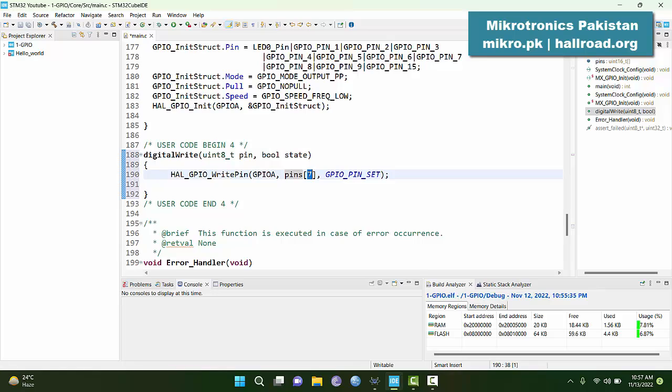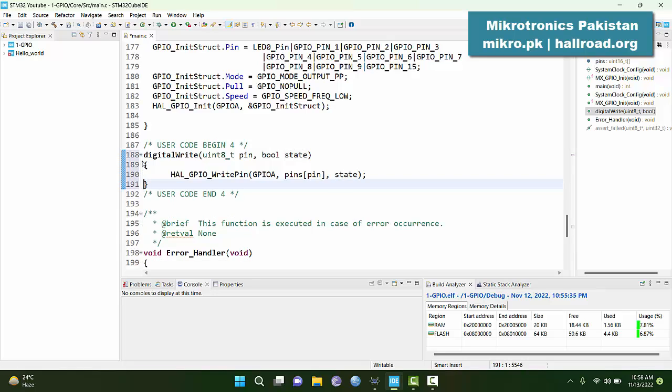Instead of that, we will use pins of pin, this one. And instead of GPIO set, we will use the data passed as state. Now, since this function is not going to return any value, we will label this as void return type. Void means nothing. So this function is going to accept these two parameters, pin number and the state, and it is not going to return any sort of data back to the calling